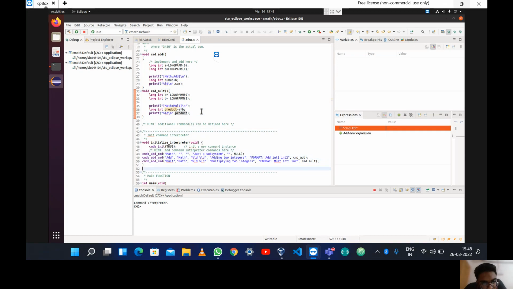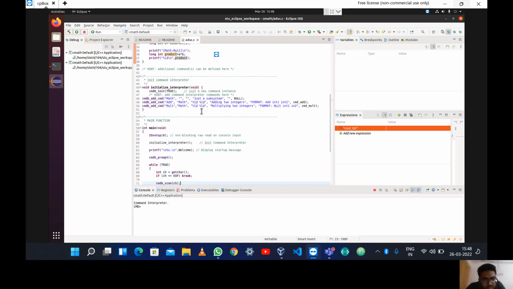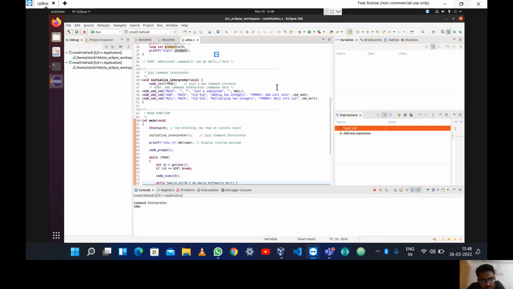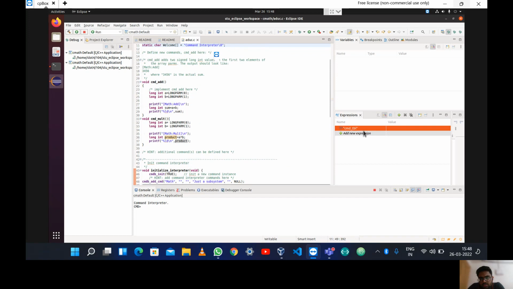I think again, like in the first part, it is again the problem from the Eclipse side, because my code is running and debugging perfectly, as you can see previously. For the A part, I have to